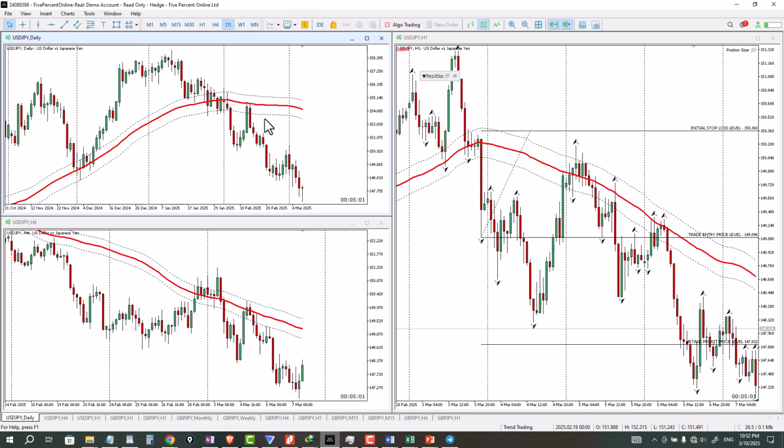So how do I identify my trade entries? I've just explained how to identify the direction of the trend using the moving averages. After I've identified the direction of the trend on the daily time frame, if price is trading below the moving averages on the daily time frame, I'm only interested in short trades on the lower time frame. And if price is trading above the moving averages on the daily time frame, I'm only interested in going long, okay? Before I look for those trade setups on the lower time frame, which is the 1 hour time frame